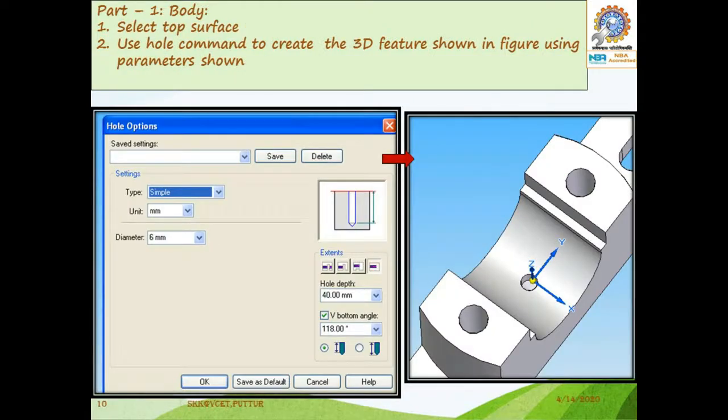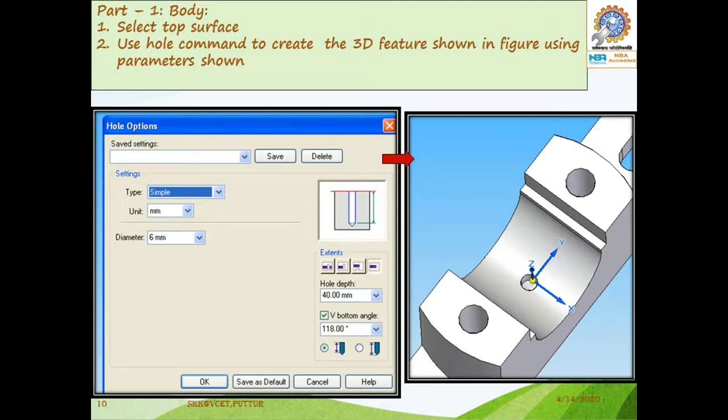This is the last step in the plumber block body. In this step you use the hole command. Create the oil hole with the help of the hole command. First select the hole command, then select the top surface of the body, then go to the hole option.